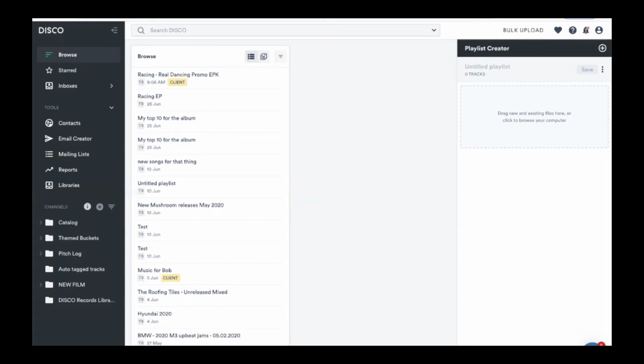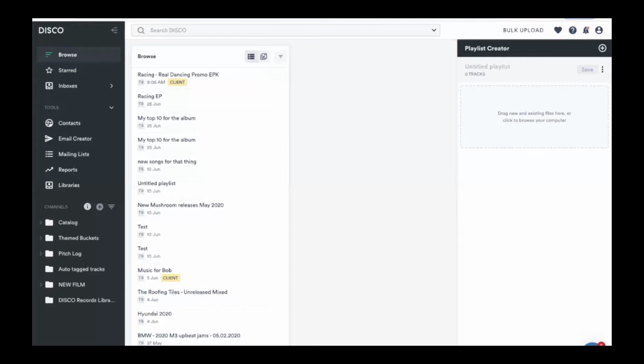Cool. Nice one. And then do you want to sort of run people through how they can use Disco to create an EPK, present themselves professionally and pitch to clients? Yeah, definitely. So yeah, a couple of things there to follow on from Claire. Disco sort of pulled together a bunch of different tools that different people were using. So the functions of iTunes and Dropbox and SoundCloud and MailChimp.